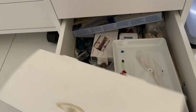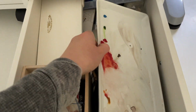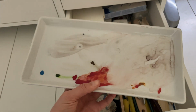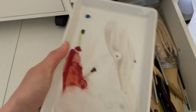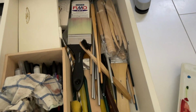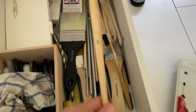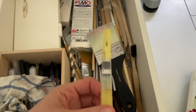And here we have some other watercolors. This is actually just a porcelain tray that I use for watercolors and gouache. I think it's really neat. And all the brushes, lots and lots of brushes. A toothbrush, a bristle brush, and any kind of brush imaginable. A water brush,